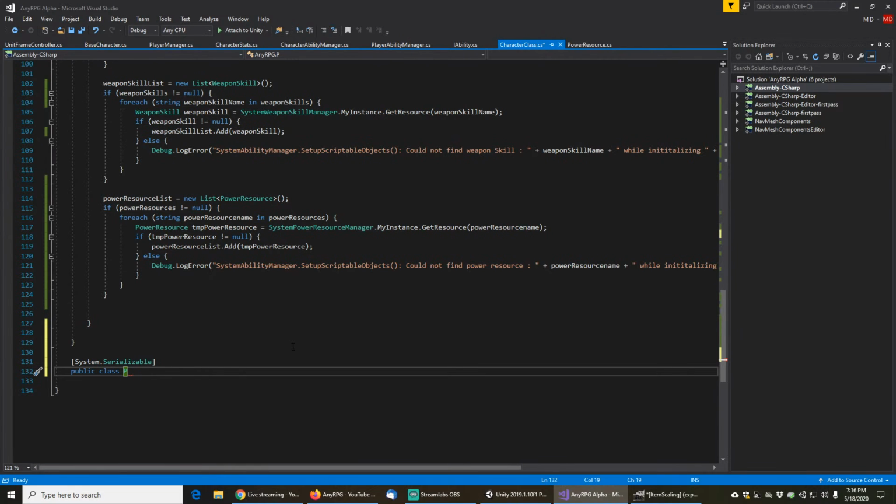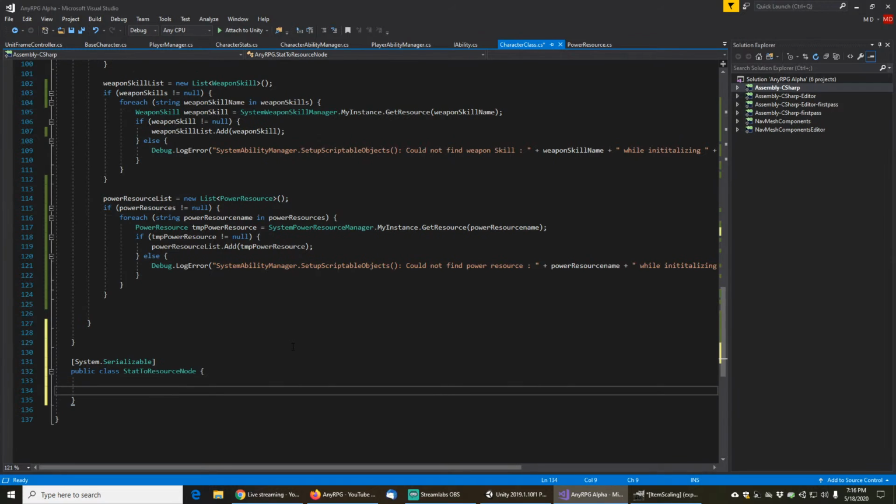It's the stat to resource node. Yeah, that's good. Okay, so we'll have a stat to resource node, which will have